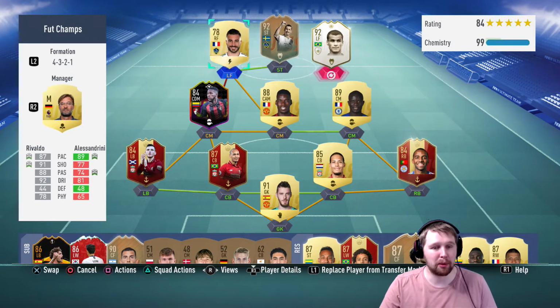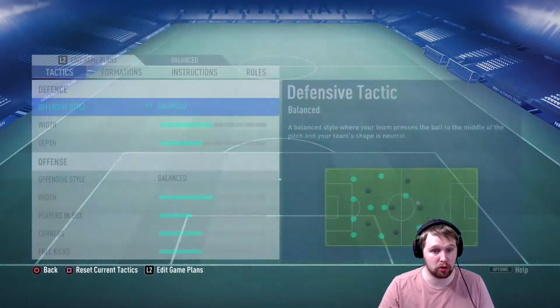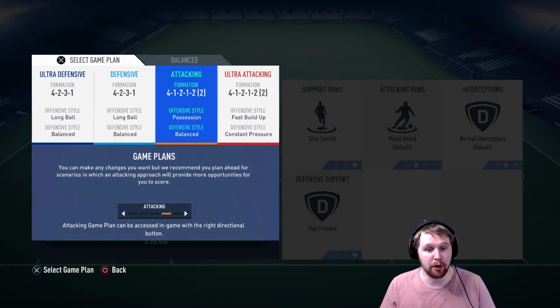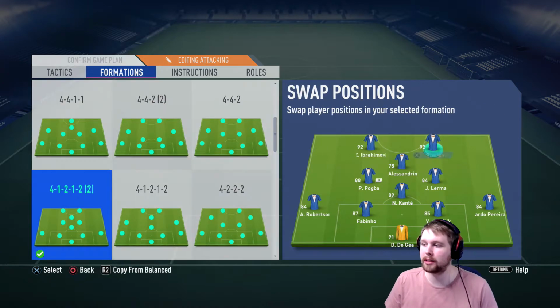And some people didn't like the Daniel Sturridge. I loved that flashback Sturridge. He scored loads of goals for me, even though he's only 2-star weak foot as well. But Rivaldo, if you can get the ball on his left foot, he's lethal. You're going to be scoring a goal,